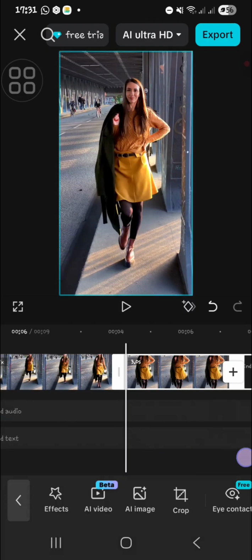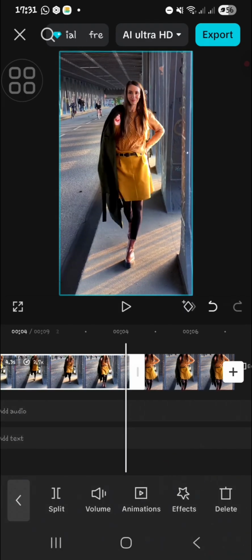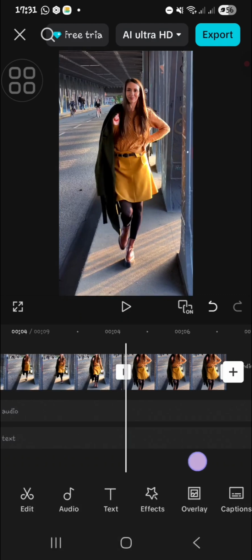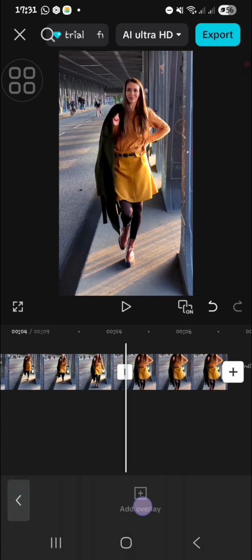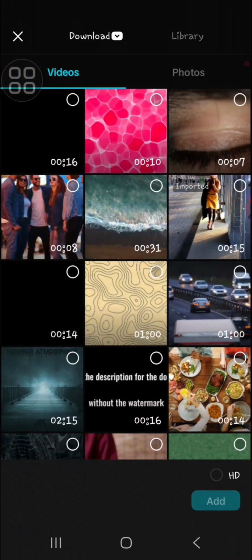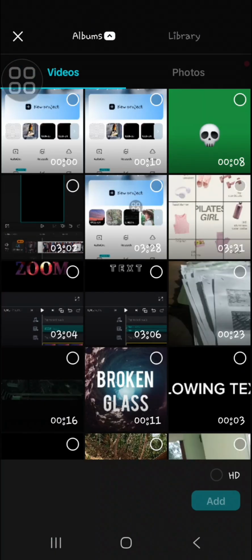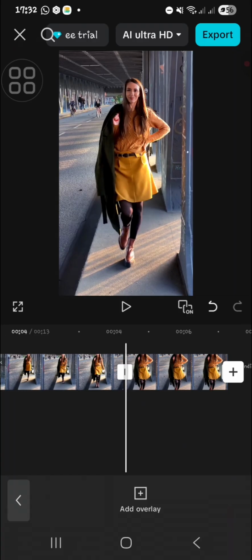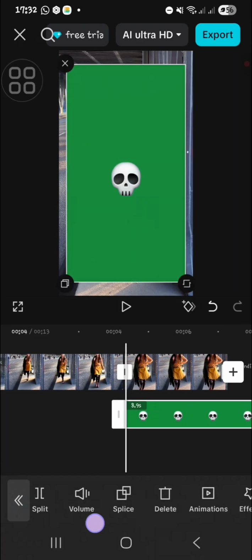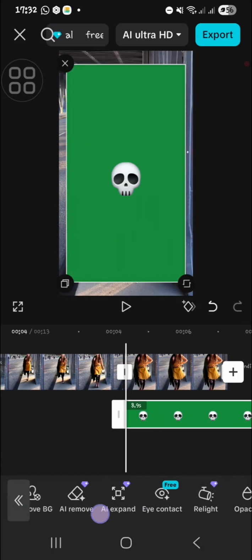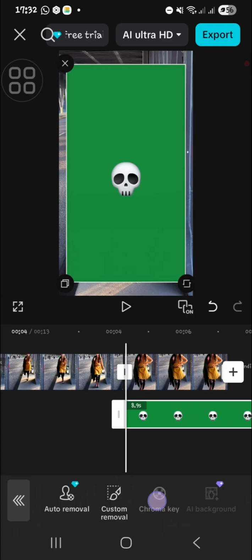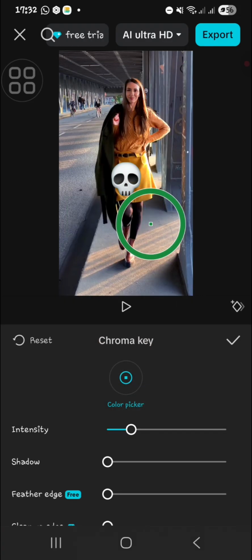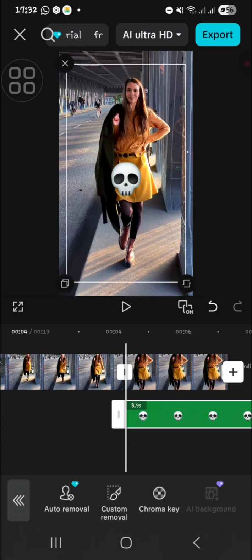Okay, here. And I'm going to add skull green screen. I'm going to add the skull green screen as an overlay. Wait, I'm going to select this skull green screen, and then I'm going to remove the green screen. We can go to the remove background menu and choose chroma key and remove the green screen like this, and